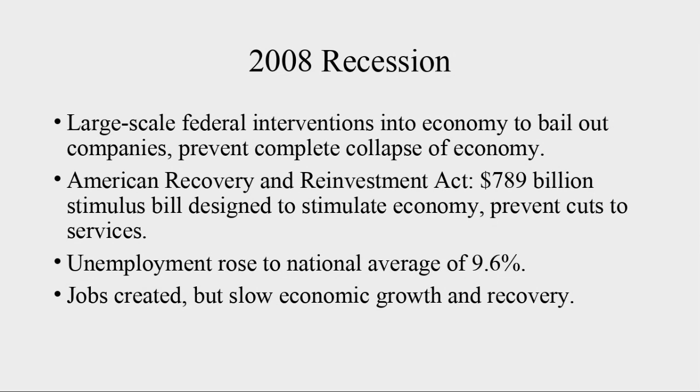The national unemployment rate rose to an average of 9.6%. So we had millions of Americans laid off, millions of homes lost to foreclosure, and companies that weren't hiring workers. Part of the problem we saw in 2008 was companies began to realize that one person could do the work of 2 to 3 people in the office. So why would they spend the money on 2 workers when one person can do 2 jobs?